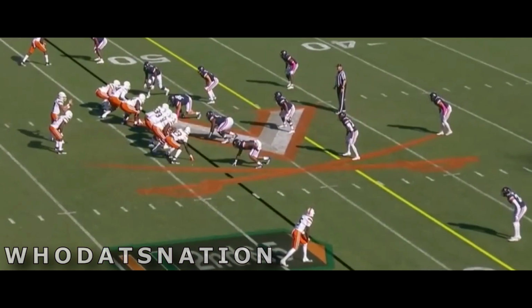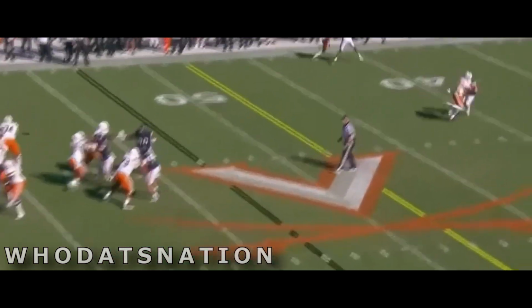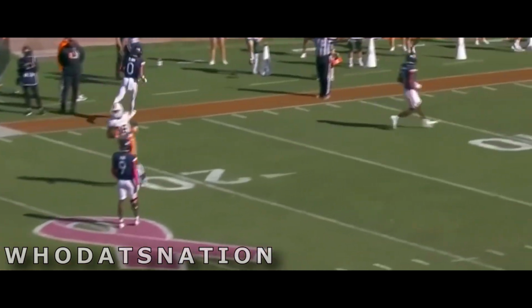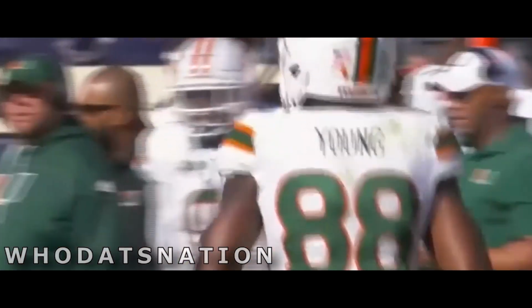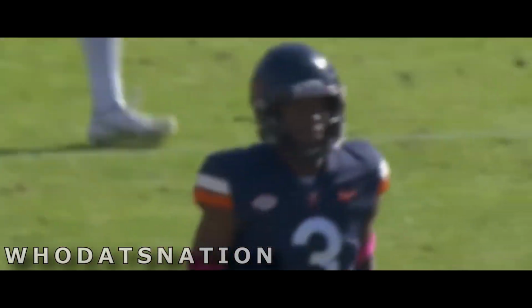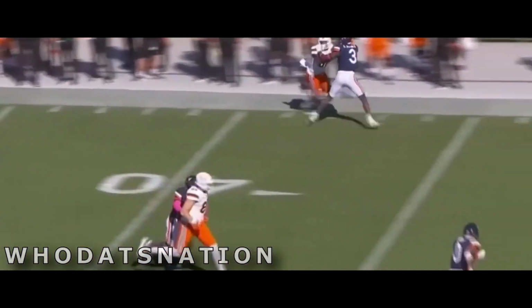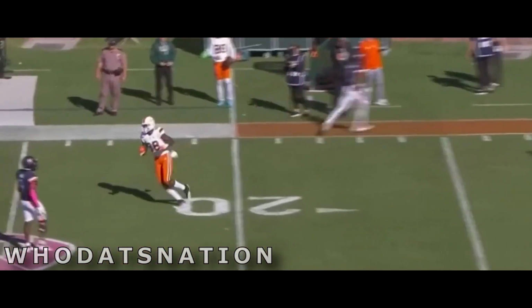It opens up so many things for him when you got to respect that run. 2nd and 5. Blitz coming. He got it away down the sideline. A lot of hand fighting along that sideline, and all within the boundaries of the rules. Colby Young for Miami, Anthony Johnson for Virginia, number 3. Yeah, Anthony Johnson, he's got to be a little bit more careful there. I mean, he never really...